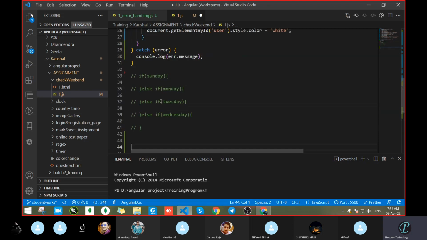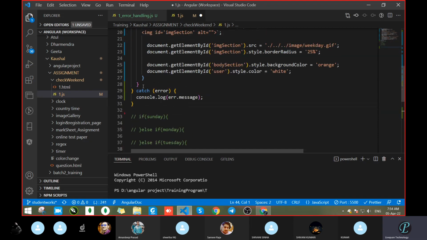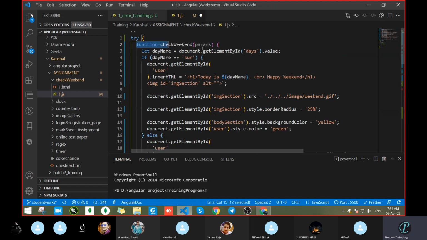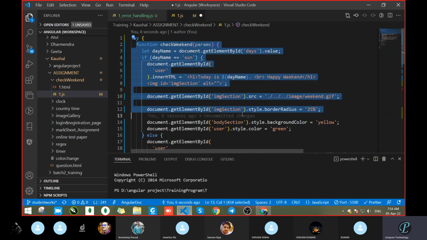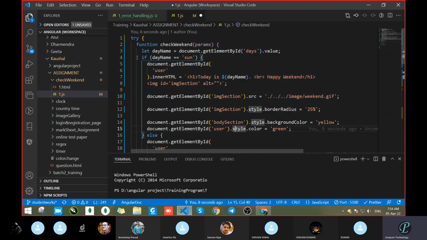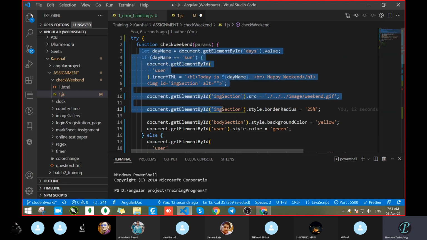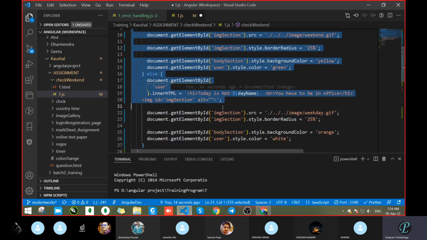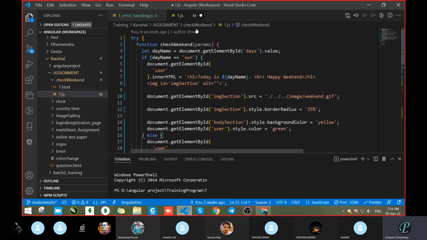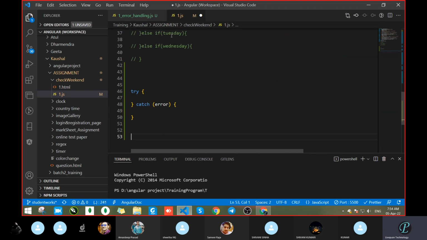It's not an issue. Here what we had done is we wrote the function inside the try and catch, but I don't want it like this. I want the try and catch to start from this line, inside the function. Once the function has started, you can write it that way also. In any way we have to handle that error. That is the point. Is it clear or not?